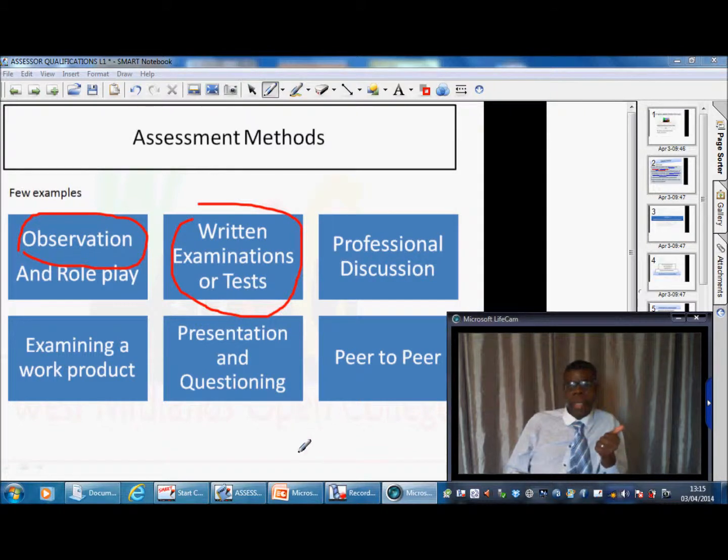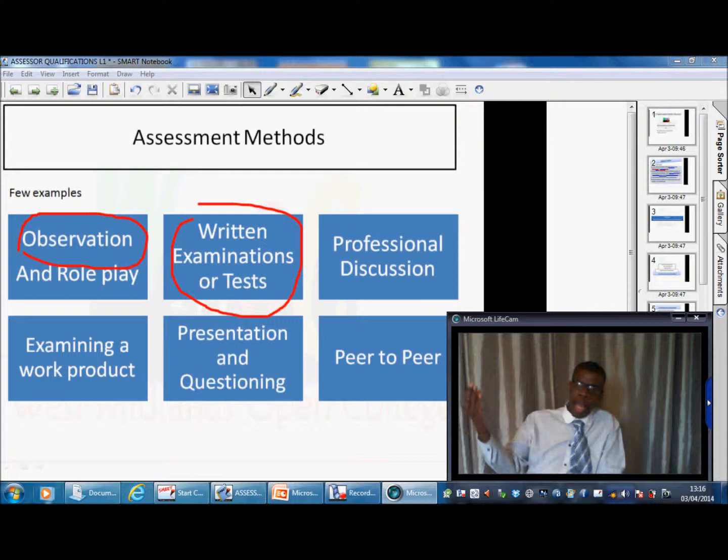If it's externally assessed, you'll be advised by the exam council how that's going to be done. Professional discussion. Very interesting method of assessment, very appropriate for vocational assessment, where you get a candidate, or there could be a number of candidates. They sit down with yourself as a prompter. You carry out a professional discussion following the assessment criteria, following the actual things they need to be talking about,